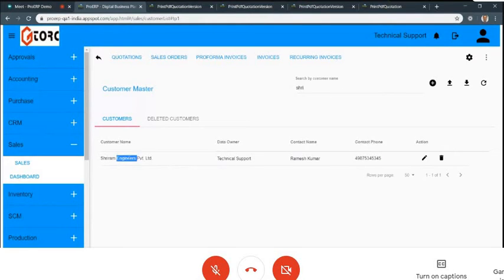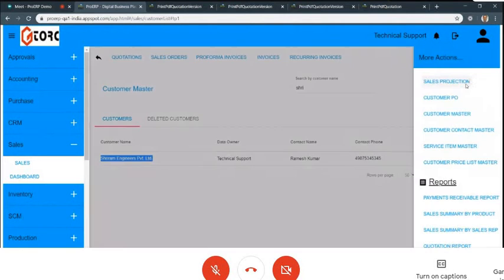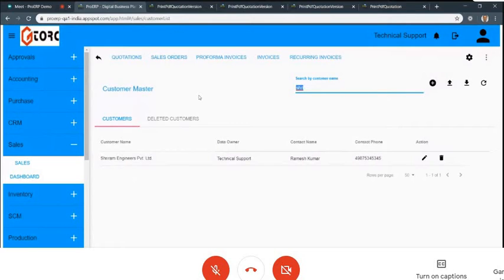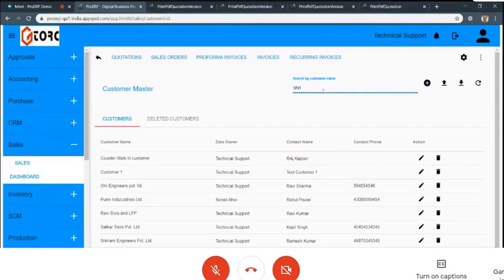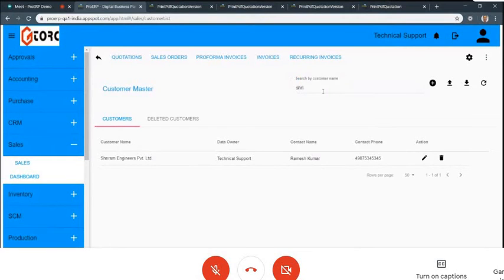You can make whatever perfect system you are, but it is in the hands of the people using it. For example, if you mistype the Sriram spelling, it will create a duplicate customer. The system doesn't know that. Usually, you can search in the master. You can always search by a particular name, 3 characters, and it will show you matching customers here. This is the case everywhere, sir: while creating item master, while creating suppliers, all masters.